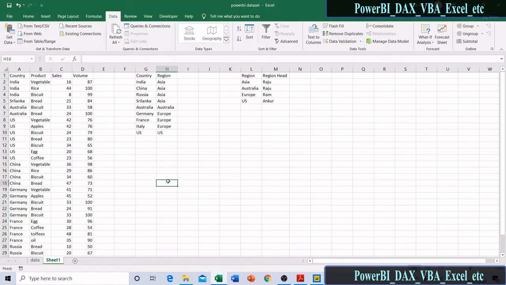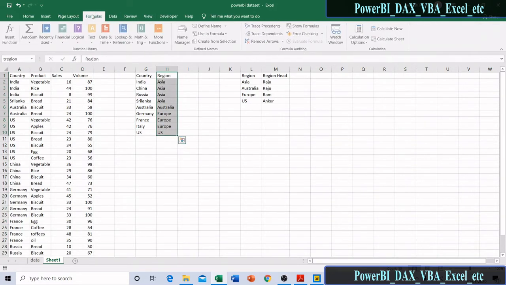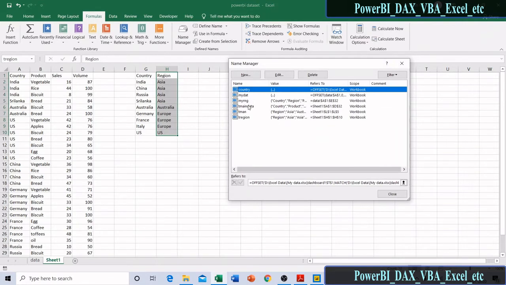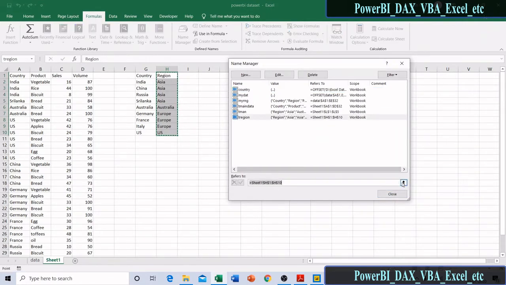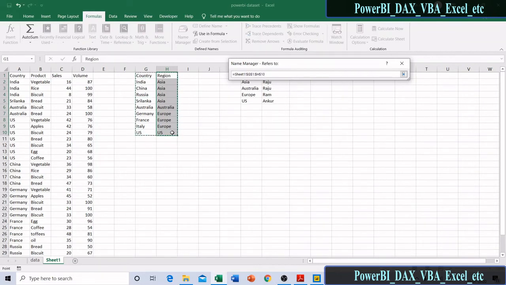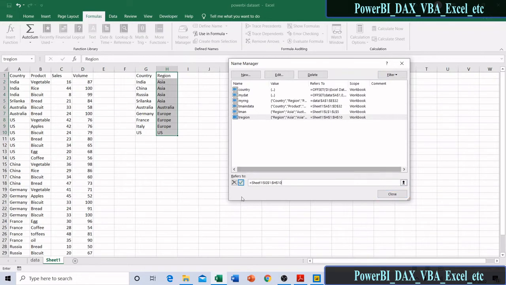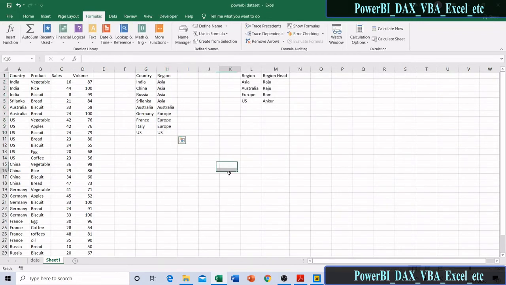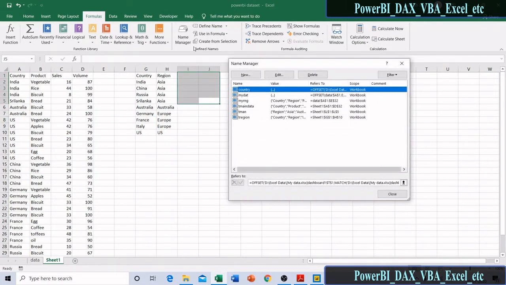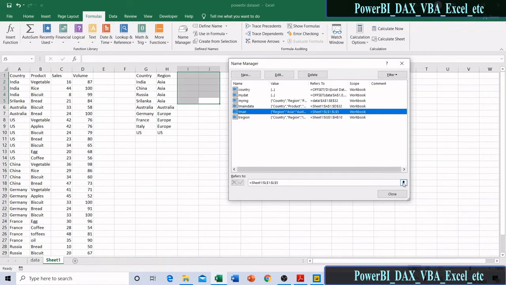Here you can see that I have created a named range for this data, another for region, called T region, which is my region table, and another range for my manager table or region heads.